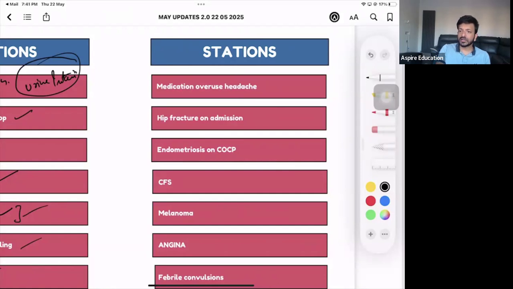How do you say CTG? It's just a scan for your baby, I'll say. Scan for the baby, just to check his well-being. So we'll do a scan for you to check your well-being, and for your baby's well-being, we'll do a scan. We'll just put a device on your tummy, a belt on your tummy, which will record the activity of your baby, and that's what we want to do.